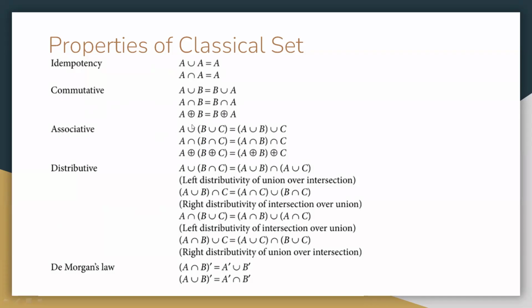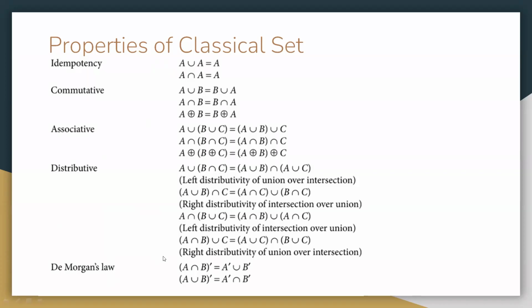Associative also we know, where B union C and the whole union A is equal to A union B the whole union C. Similarly, intersection. Distributive, when you can say A union (B intersection C) gives (A union B) intersection (A union C). De Morgan's law,